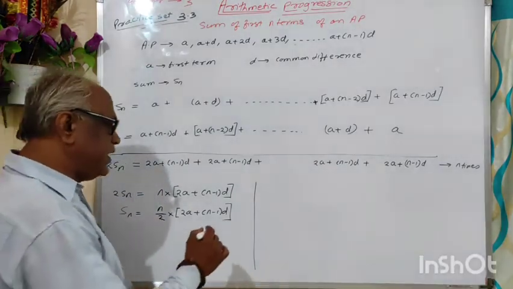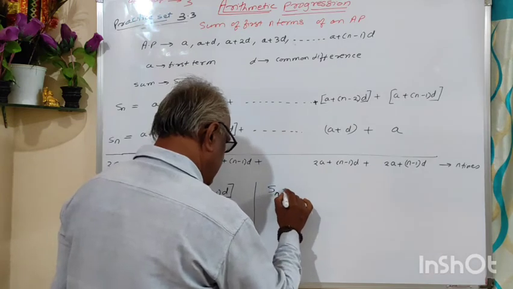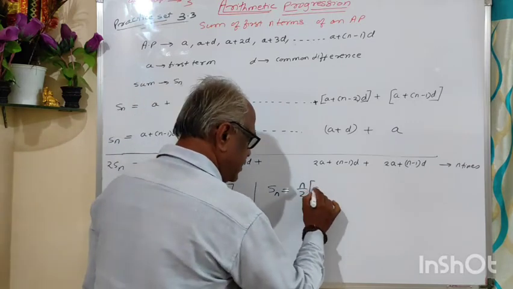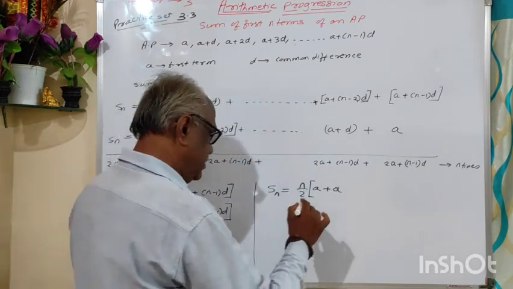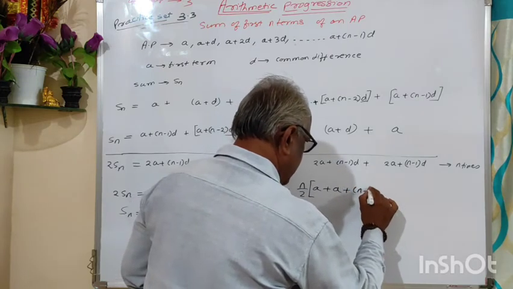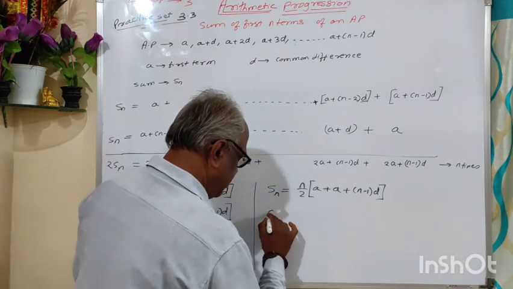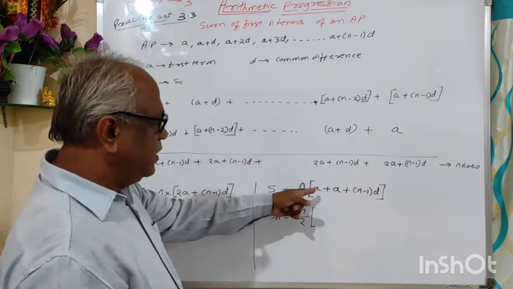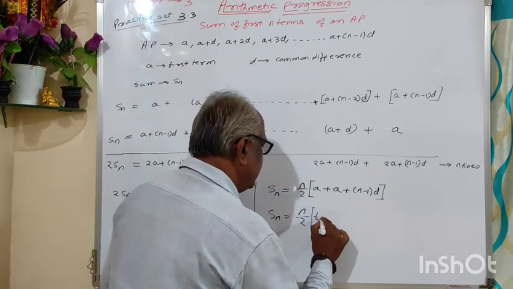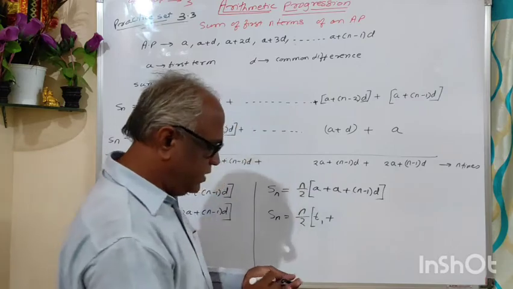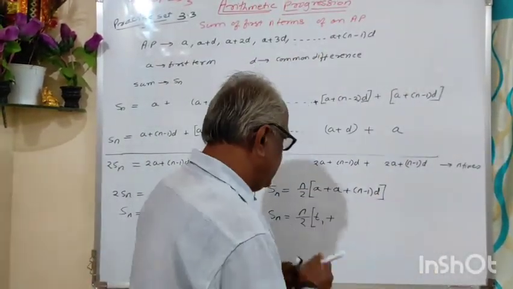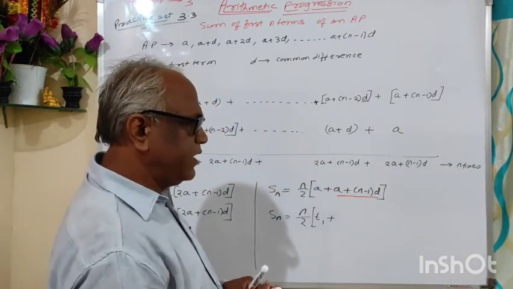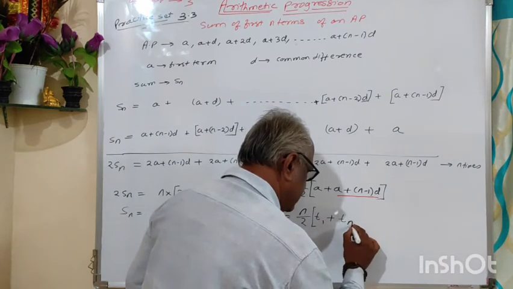The same formula we can write in this way also. See now, Sn is equal to n upon 2 into (2a plus (n minus 1) into d), where 2a is written in this way: a plus a plus (n minus 1) into d. Therefore Sn is equal to n upon 2 into (a, that is the first term t1, plus this, which I will underline with a red pen: a plus (n minus 1)d, this is the nth term, that is tn).